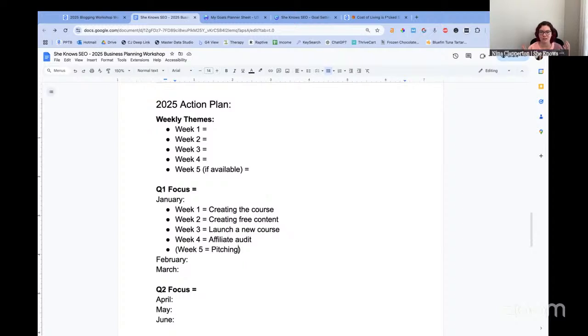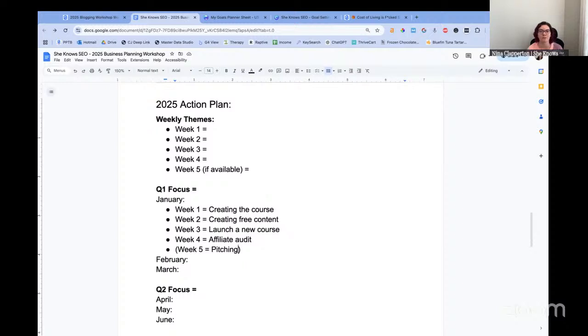The reason I wanted us to zoom out first is so that when we're looking at these micro action steps that we're going to take, we're choosing to prioritize the steps that are going to get us to that goal. So that's why we need to know what the end result is, so we can reverse engineer to figure out what we're doing along the way.